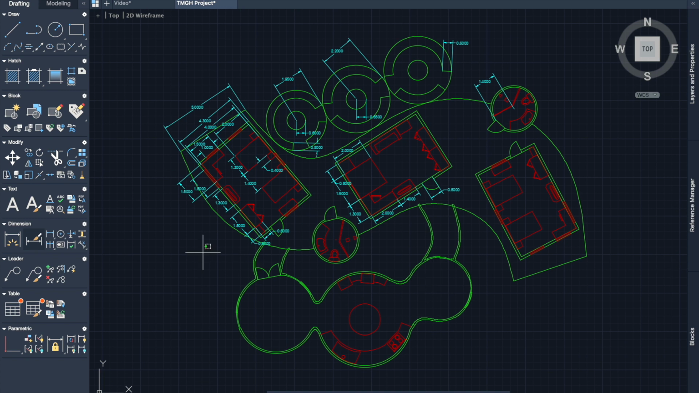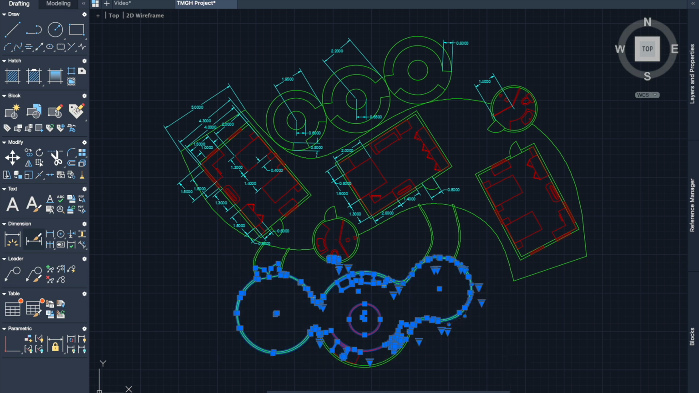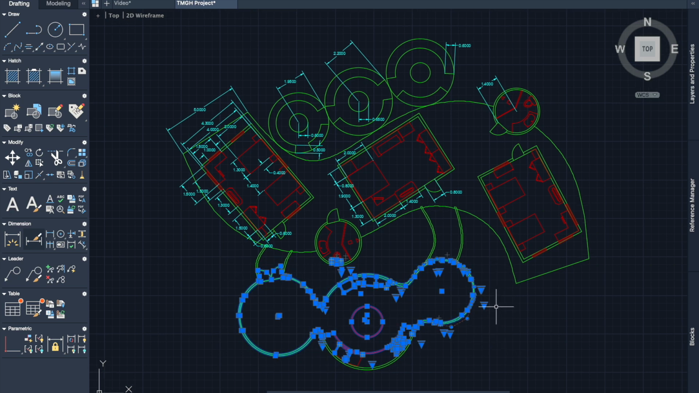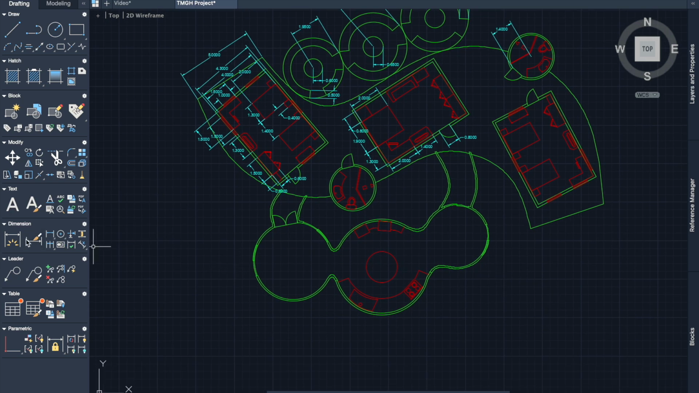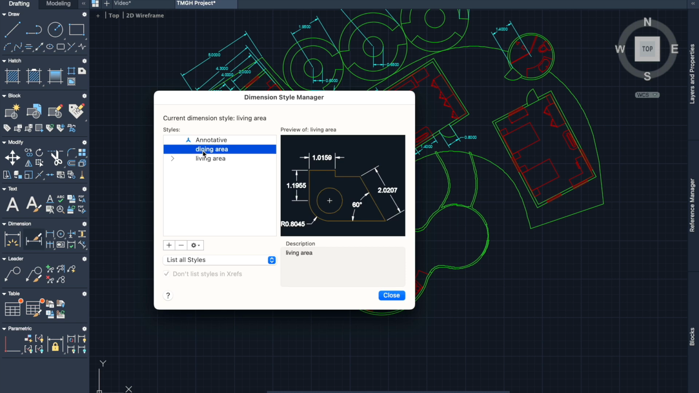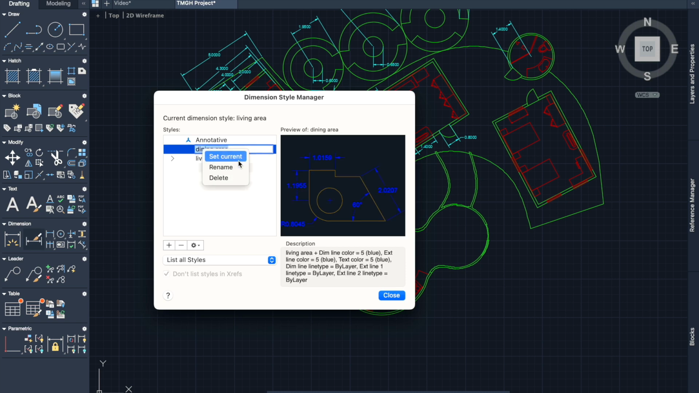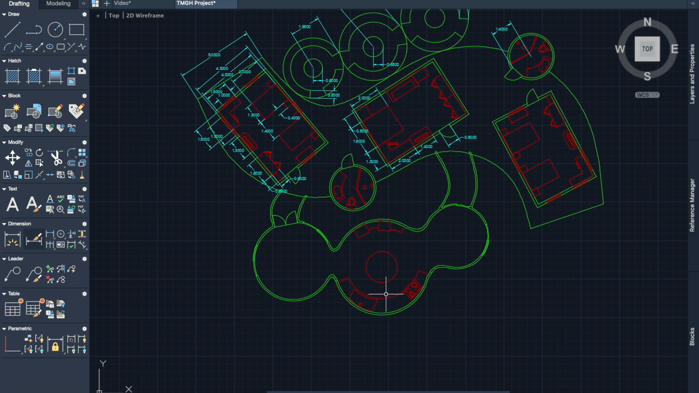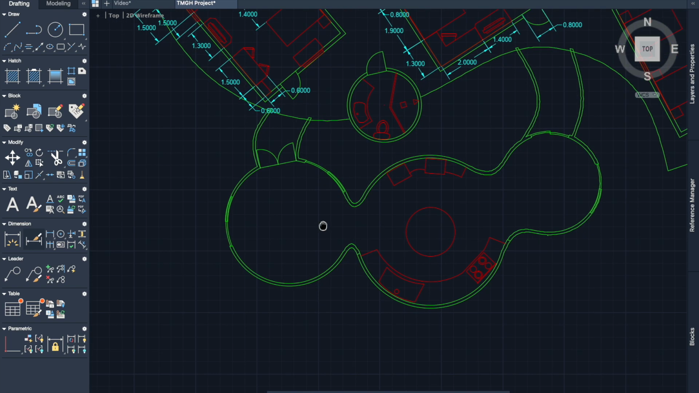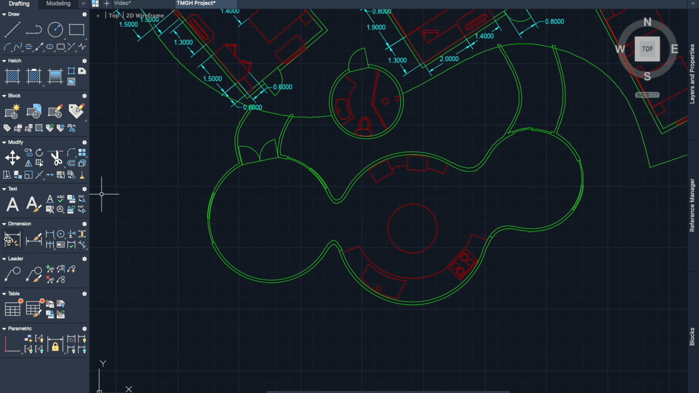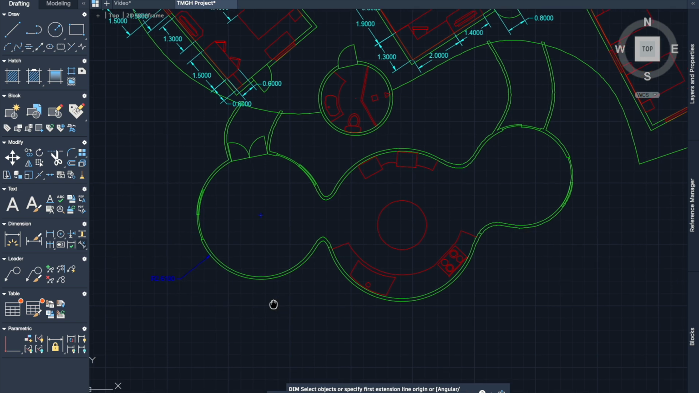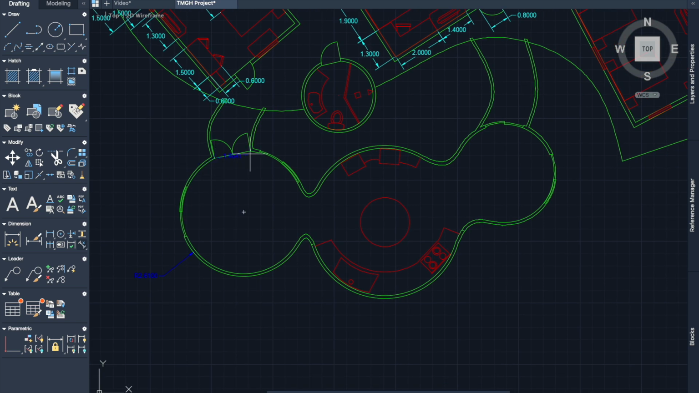For the dining area here, we're going to change our dimension style to dining area. Right click here and set current, and repeat the same process as what we did previously. Width of the door, and then